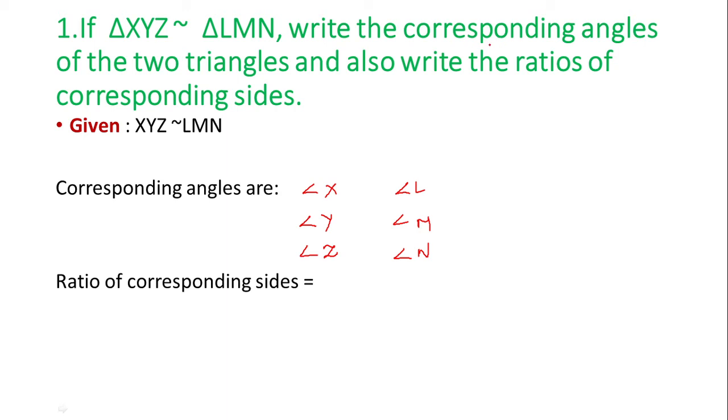Then how do we show corresponding? For this we use a symbol like a double arrow. So angle X corresponds to angle L, angle Y corresponds to angle M, and angle Z corresponds to angle N. It is that simple. You have split the same sequence and just inserted the corresponding sign in between. Now children, next is the ratio of corresponding sides. Again very simple. Take the first two, XY upon LM. Then the last two, equal to YZ upon MN.